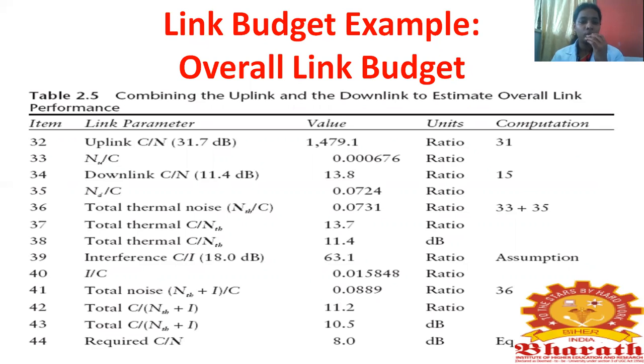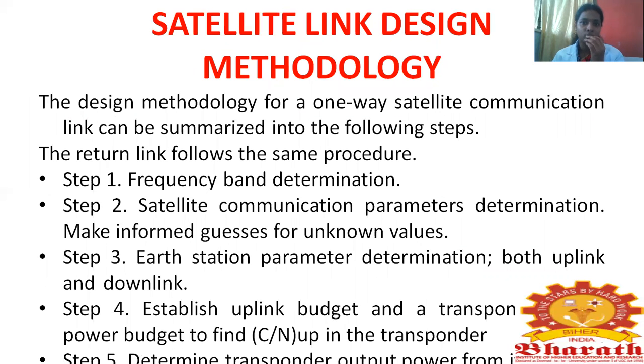And what should be the noise to carrier ratio? That is also being calculated here, and the unit they mention is ratio alone. Why? Because if the noise is more, you're going to have it in decibels, or if the signal is contributing more, you can mention the frequency. So here you don't have any units to be specified. You're just going to calculate the ratio between the noise and the carrier wave. So that alone is being mentioned here.